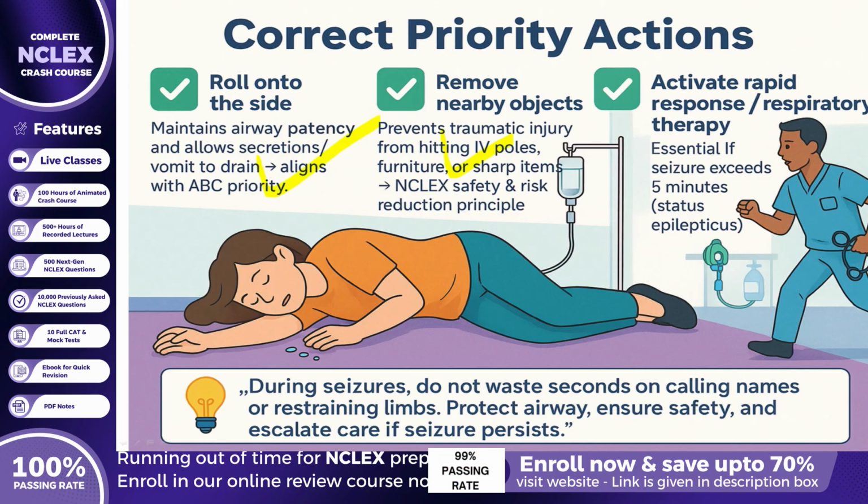Finally, option 6, activating rapid response or calling respiratory therapy, is correct because escalation of care is essential in case the seizure progresses to status epilepticus, defined as seizure activity lasting longer than 5 minutes. Early mobilization of advanced support ensures access to oxygen therapy, suction, emergency medications, and airway management to prevent cerebral hypoxia